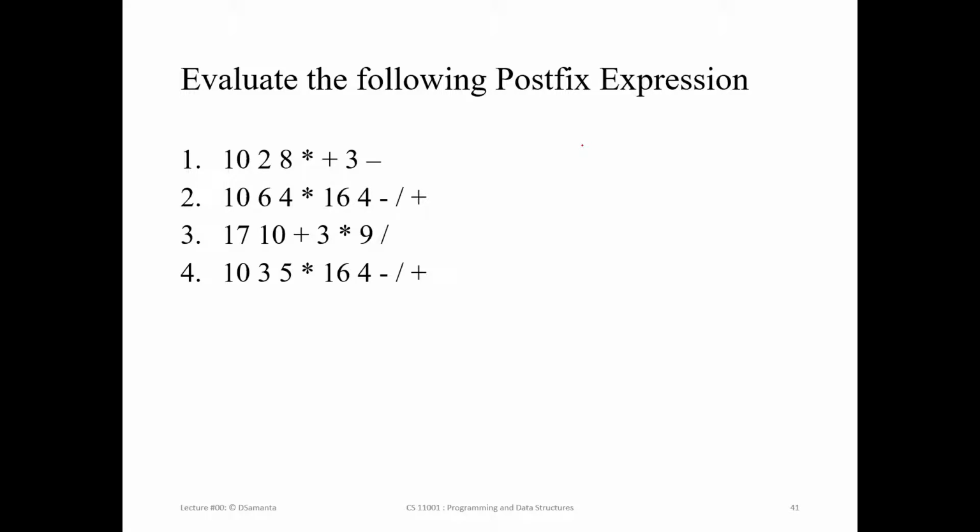So this one you have to write in your notebook. I hope you are writing it properly. You see that the question paper also didn't give much space. We have to make out that these are separate numbers. Here it is 10 space 2, and no comma separation will be there, so you have to understand that it is 10 and 2, 8. Then multiplication, addition, 3 minus. Here it is 10, 6, 4. It's not 64. 10, 6, 4, multiplication, then 16. Understood? It is 16. Then space 4, subtraction, division, and then multiplication.